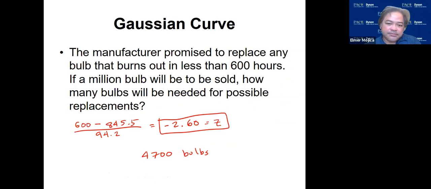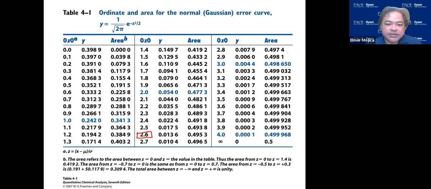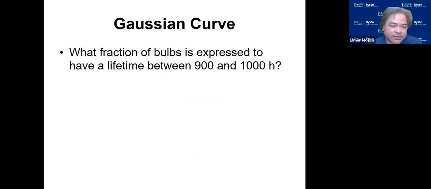Okay, so you don't need to do the whole 1,000. All you need to do is do some subset. Okay, a representative sample, and from that alone you can have an idea how many bulbs you need to prepare. Now there are other questions that you can be asked here. Okay, so this table, you should have this handy. You can have a question like, what fraction of bulbs is expected to have a lifetime between 900 and 1,000